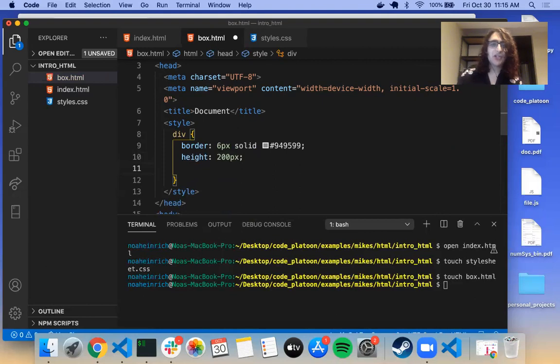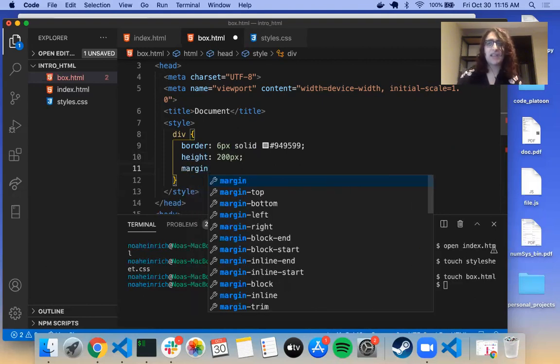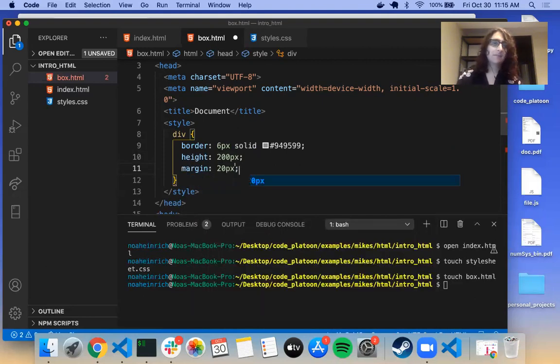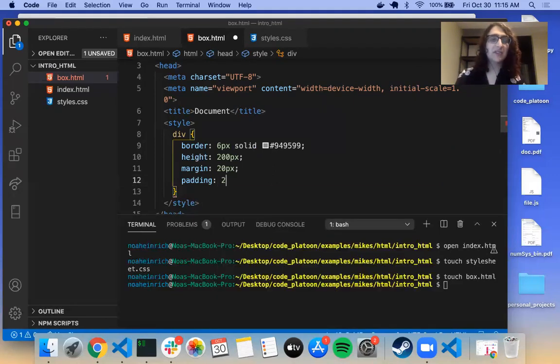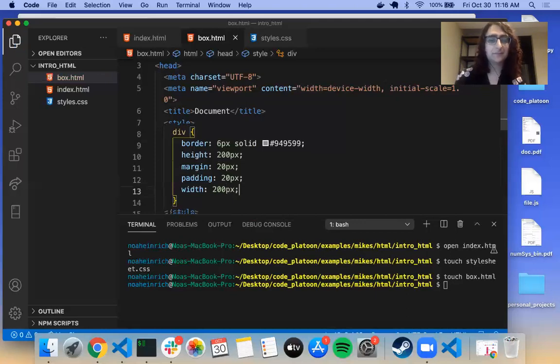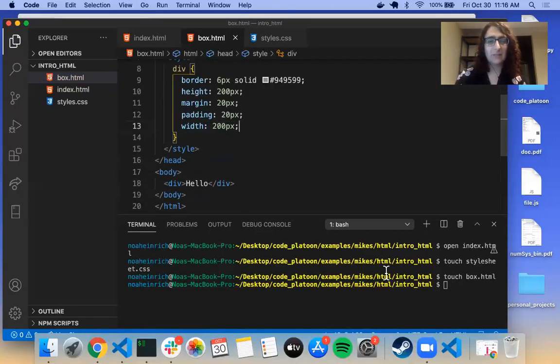I'm going to make a margin, meaning how much space is between it and everything else, so 20 pixels. I'm going to give, again, a padding, so how much space is between the content and the border, also 20 pixels. And I'm going to make the total width also be 200 pixels. And when I open this,